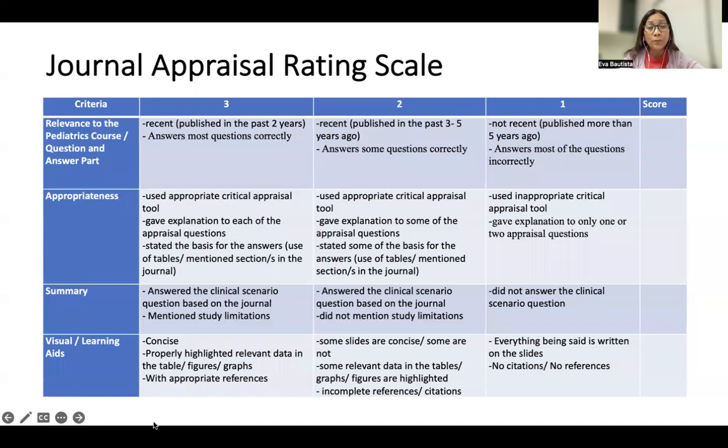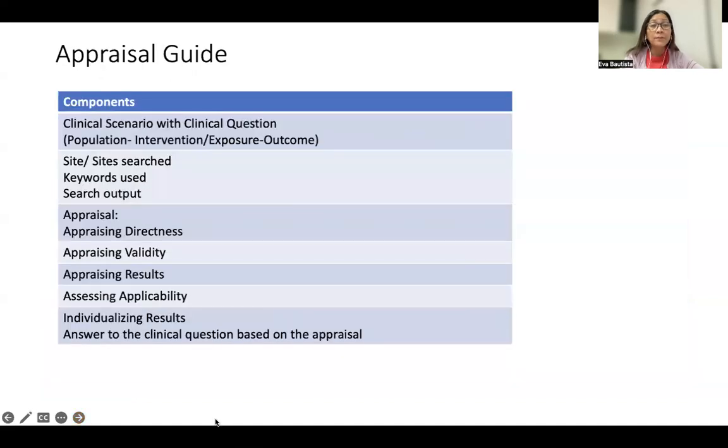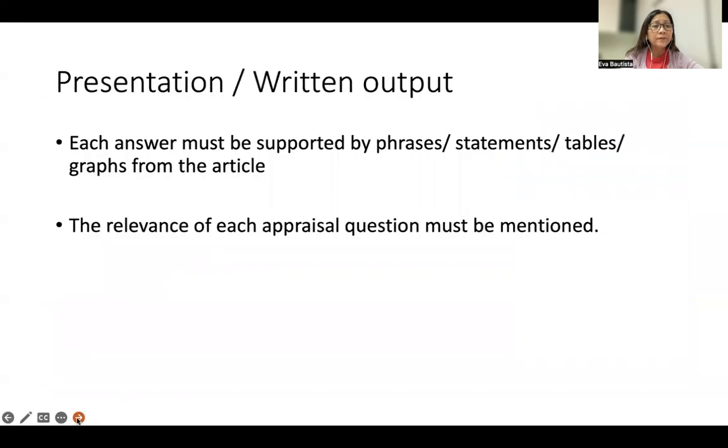This is the rubrics that we will use during your presentation, and okay, so this will be your guide. Now for the actual appraisal, these are the output contents that we expect in your presentation and in your written report, okay? I will discuss this further in the subsequent slides. Okay, so just some guidelines. So in your presentation, okay,